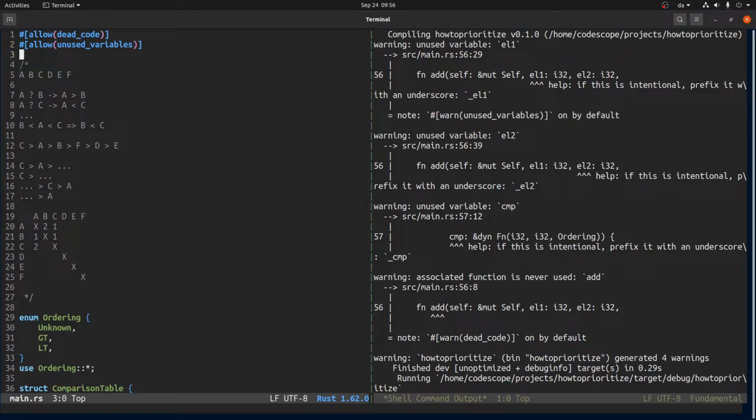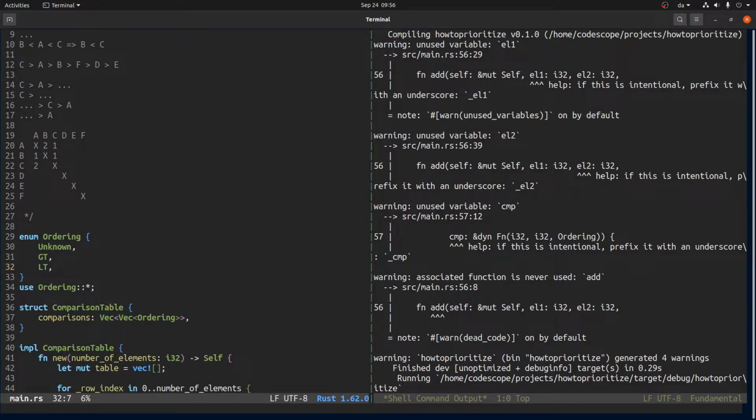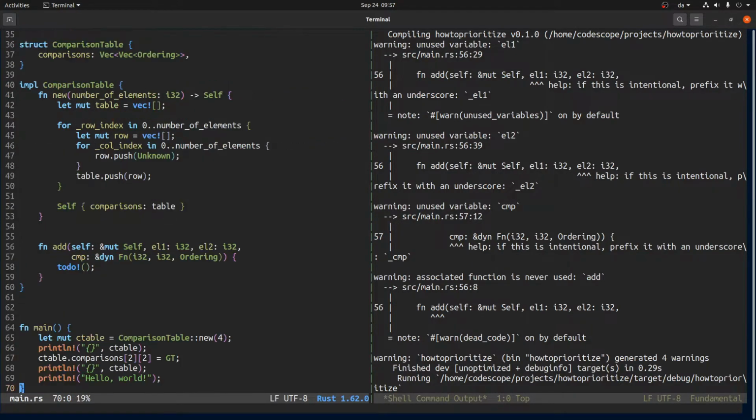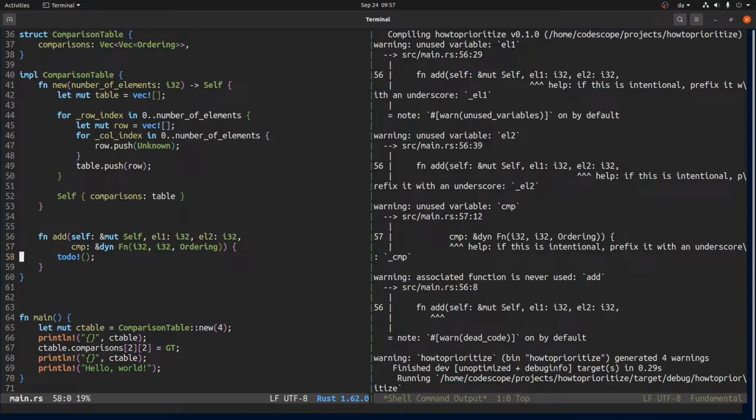That didn't work. Also, the other one didn't work. I guess they only apply to the thing right below, which is a little bit annoying, but okay. Anyway,